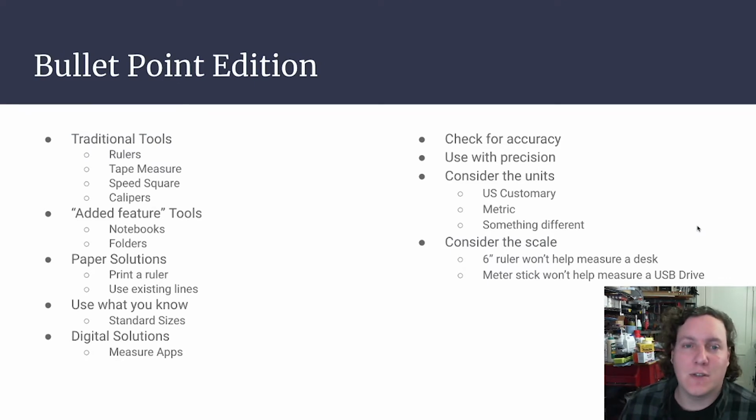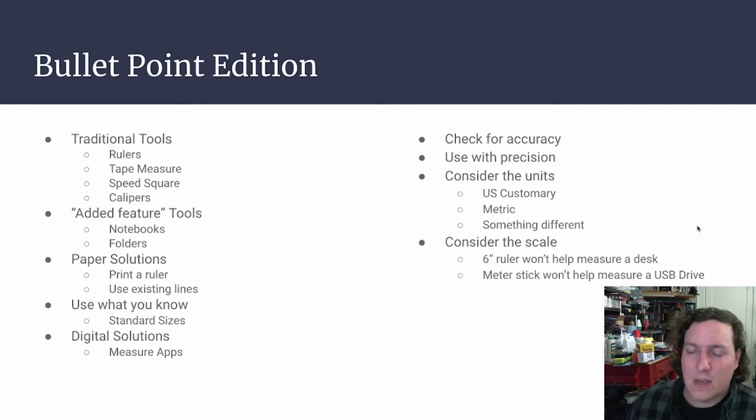There are a lot of different ways that you can get good measurements. Traditional tools like rulers, tape measures, speed squares, calipers, a whole slew of tools that you can maybe find if your parents have a workshop or if your parents work in a trade industry. Another option is to look at added feature type tools. Some notebooks, some folders, some worksheets may have rulers printed onto the object, and while you would not consider a folder to be a traditional ruler, it is a way to get fairly accurate measurements, at least